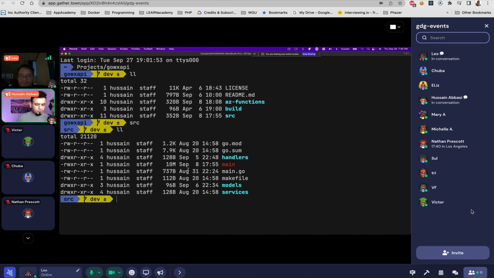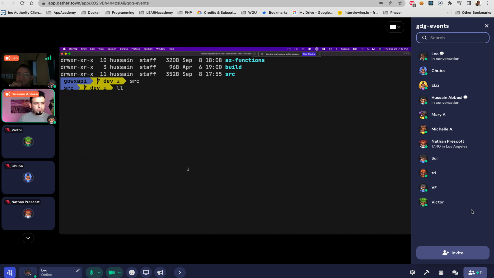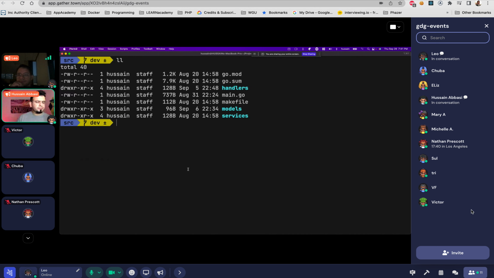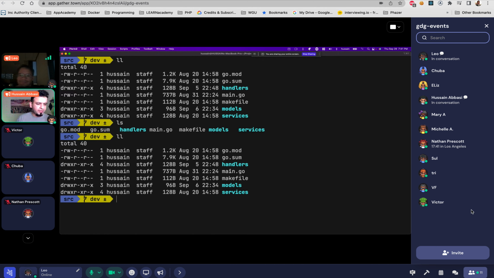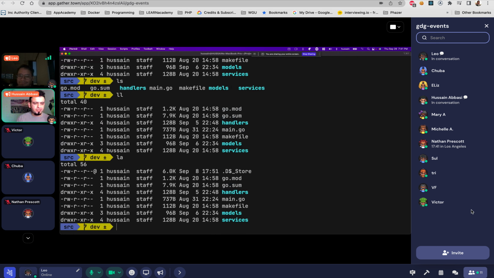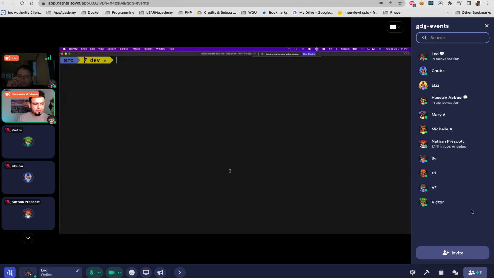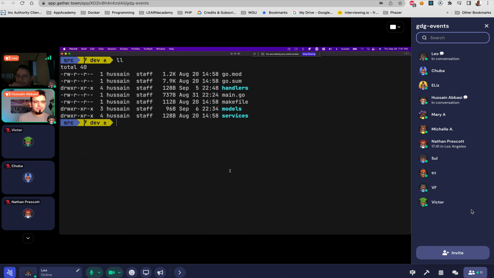I'm actually gonna go ahead and remove that. So you see no main. So now all we have is the actual code. And for those of you thinking, wait, how is he getting this ls command to look so properly formatted? Because I'm using ll, not ls, because ls is pretty ugly. So if you do ll, at least on a Mac, you'll get it in a list format. If you do la, it'll show you all, including the hidden ones. So just a little Mac lesson.